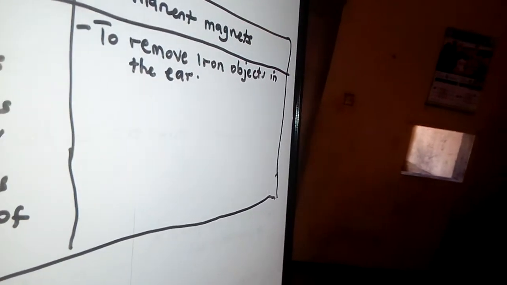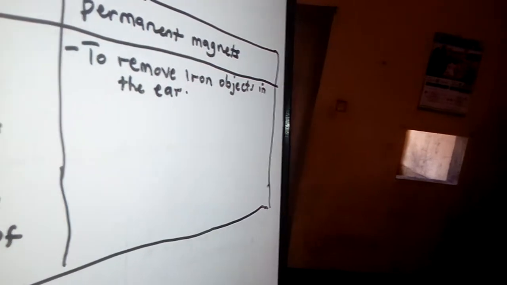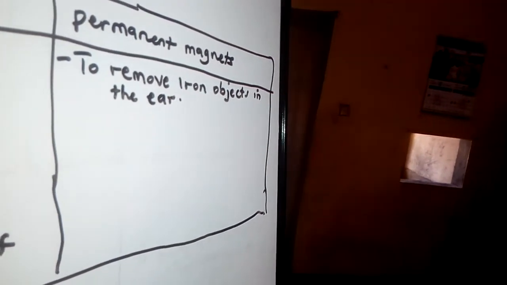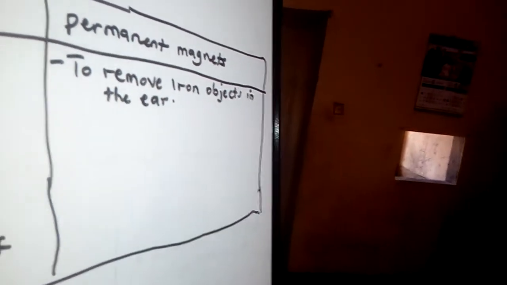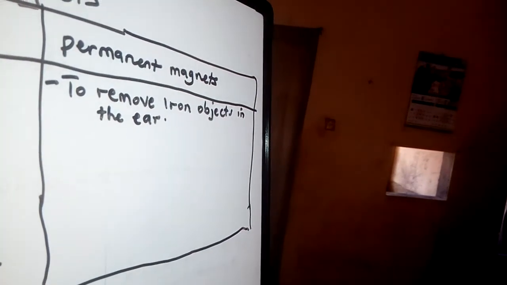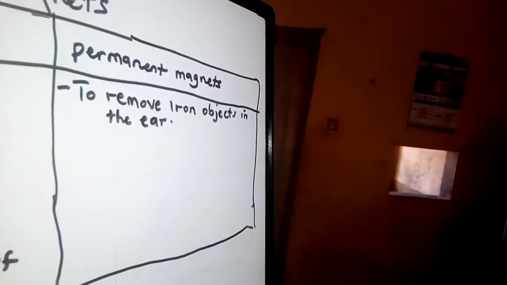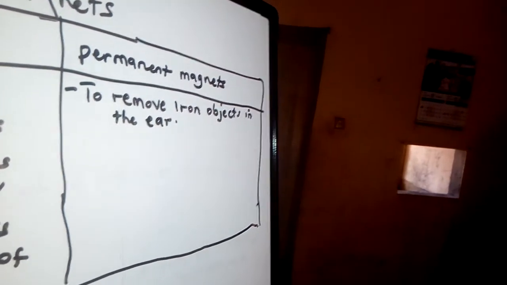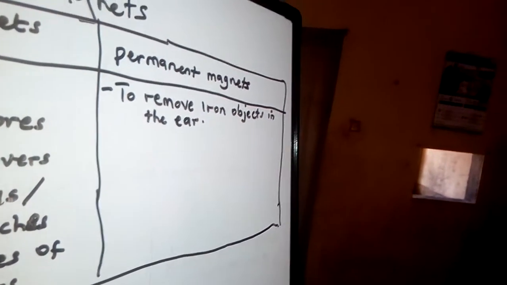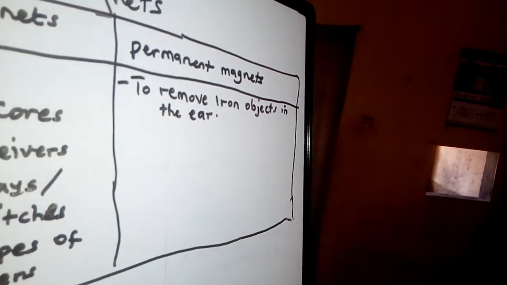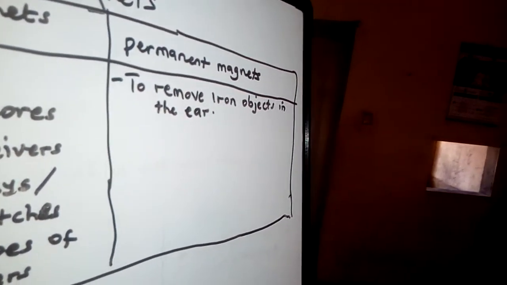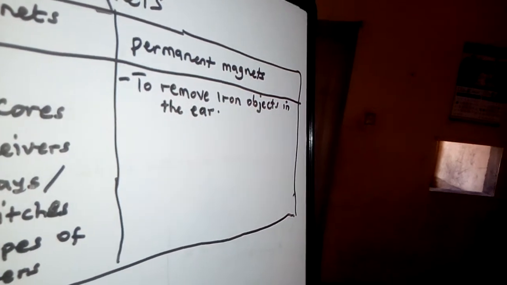There are two ways. You can go to the hospital, and the doctor will tell you we need surgery. That means there is going to be a lot of pain and many other things. Surgery, that is one way. The second one, they can tell you we are going to use a magnet.